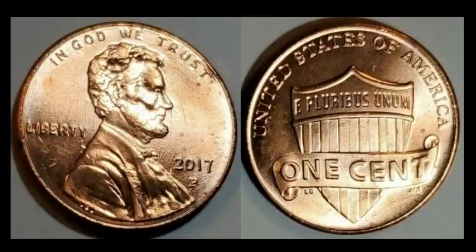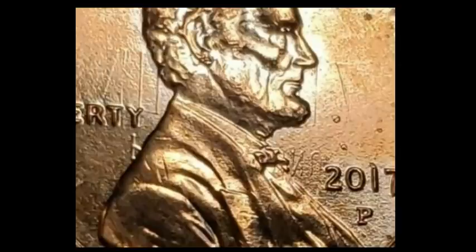All right, so this is probably the most surprising one of the week, but I've also talked about this one in great detail a few pocket change market report videos ago, and that's the 2017 Lincoln Shield cent. These are all Philadelphia struck, and this one exhibits really strong die clashing. You could see that right before I get to the close-ups. You have a lot of clashing of that shield and the E Pluribus Unum letters on there as well. Incredibly strong. The coin is in nice preserved mint state condition, and this one sold for